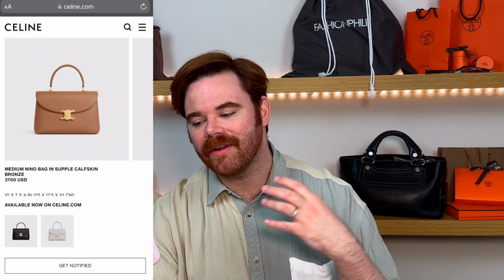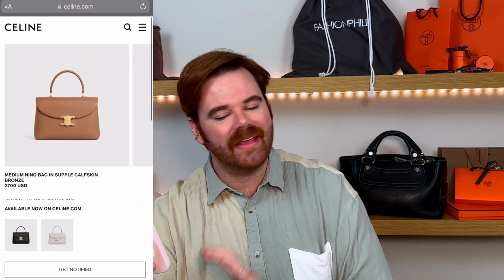Now with the Nino, you're just gonna get a nice, very simple, elevated, updated top handle. It's giving Kelly energy. She can go on the shoulder, she can go crossbody. What I do like about this bag though is you have a little bit more organization. I think Celine doesn't really get noticed for this a lot, but they do give you a lot of good pockets, compartments, things like that. So this is going to give you 2 main compartments on the interior, separated by that divider in the middle, which is also going to act as structure for the exterior of the bag with that gusset design